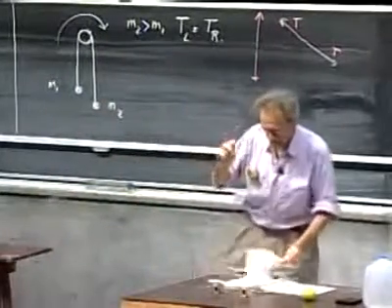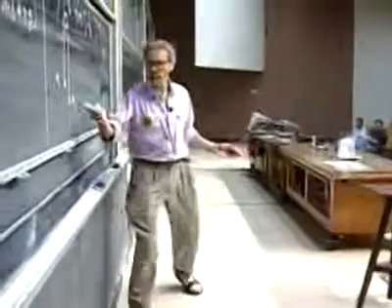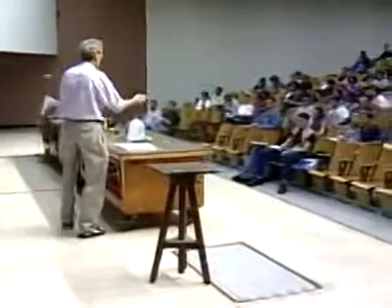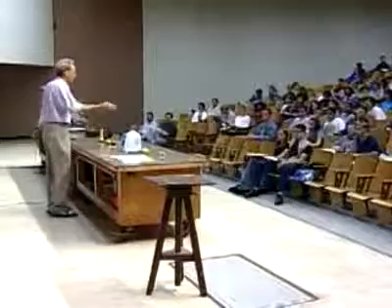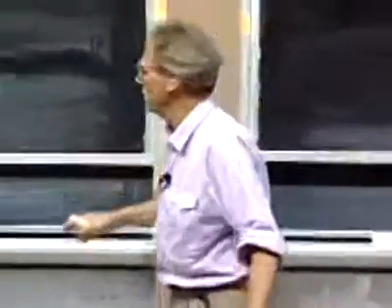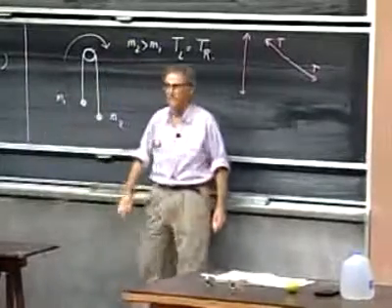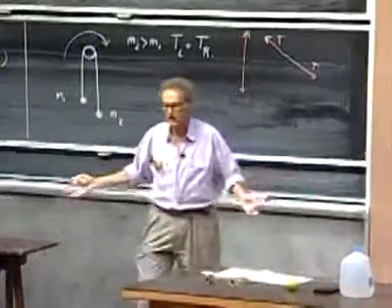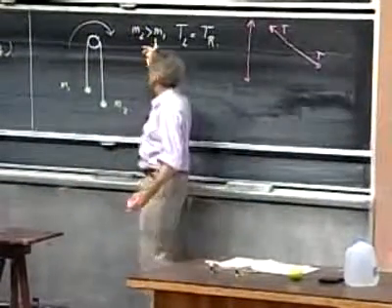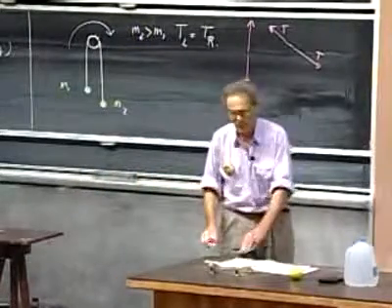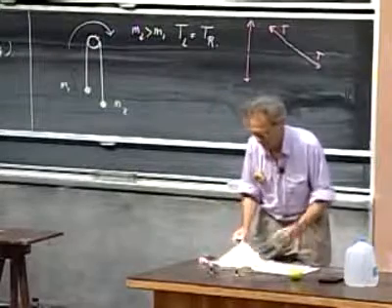Given the fact that the tension left and the tension right are the same, I must now conclude that these two objects have the same weight. Because didn't we agree that tension is an indication of weight? So these objects have now the same weight, and some people may say, oh, that's a lot of nonsense, you must be kidding. If m2 is larger than m1, this must have a larger weight than that. Well, they are confusing weight with mass. It is true that m2 is a larger mass than m1, but it's equally true that the weight of these two objects is now the same according to my definition of weight.